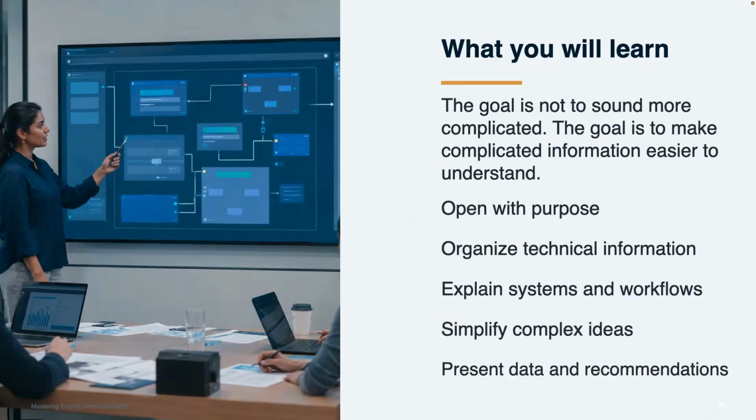So, this information I'm going to share in the lesson is specifically designed for engineering presentations, technical reviews, client explanations, and leadership updates. I want to emphasize that the phrases can be adapted for software, manufacturing, systems, data, product, and infrastructure engineering.